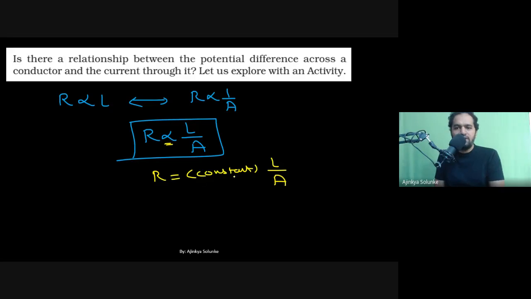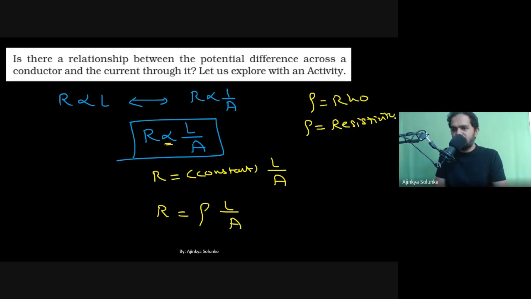So what I'm putting here, I can put any letter, right? But I'm going to put a symbol there, not a letter. That symbol is this one. This is called rho, and that is the name of the symbol. And what does it represent? What kind of physical quantity are we talking about? This is called resistivity. So the symbol name is rho, and the physical quantity it is representing is resistivity.